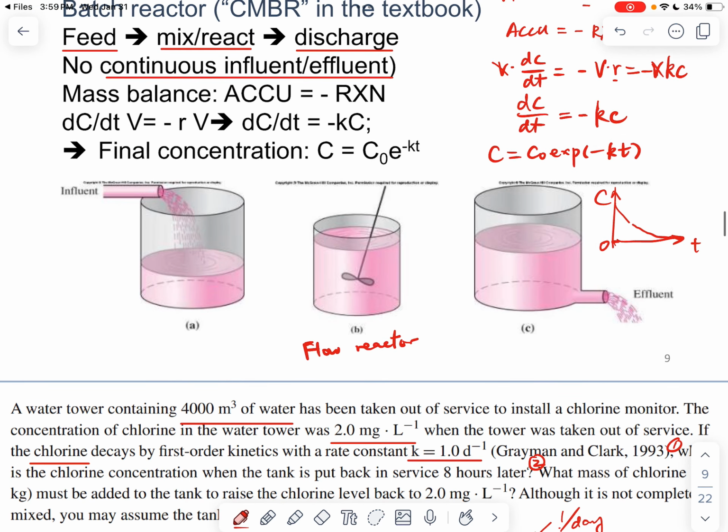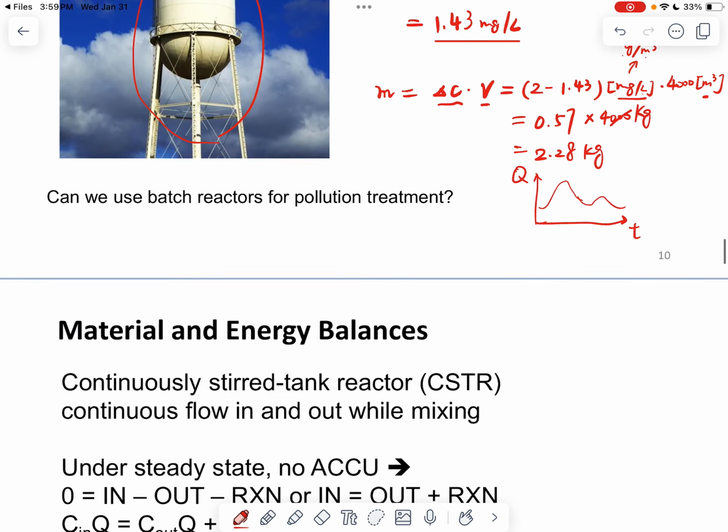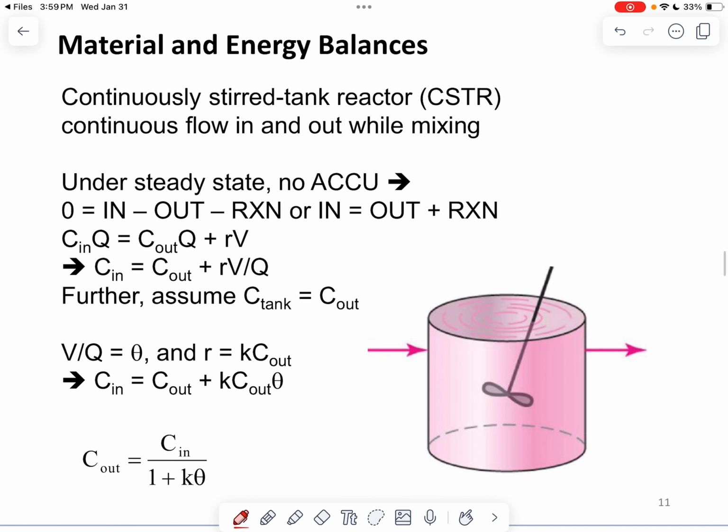So now you may consider, well, here you don't have inflow or outflow. What if we just dig a hole on both sides and then let the reactants react within the tank, while at the same time you have an inflow and outflow, right? Can we do that? Yes, we can. So this is the idea for the CSTR, the continuously stirred tank reactor, right? So here you are going to have an inflow and an outflow. So because of that, let's list our